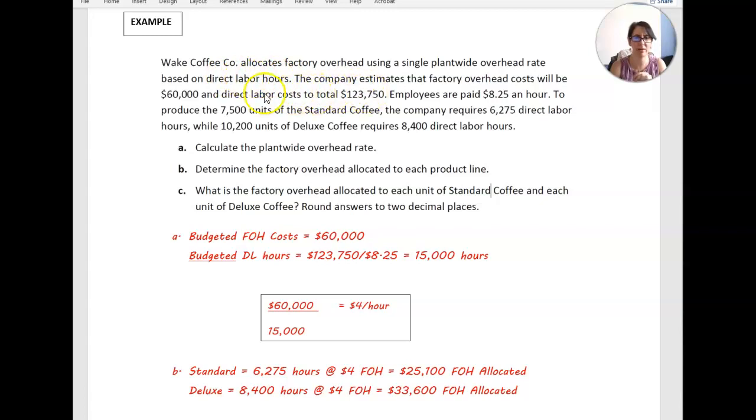So right now we've got labor hours, so we've got to turn that into hours. If the total direct labor costs are $123,750, we'd have to look at what our employees are being paid. Next sentence: employees are paid $8.25 an hour. So we're going to take that $123,750, the direct labor dollars, divided by $8.25 an hour to come up with 15,000 hours. So the company's estimating that 15,000 direct labor hours are going to be worked throughout